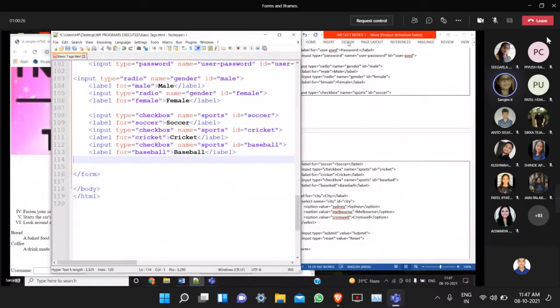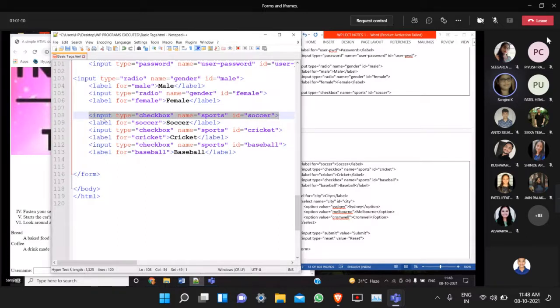Now the checkbox. Look at the code to display the checkbox. Input type: here the value of the type should be checkbox. So you have to remember, for a text box you write only text, not textbox. Many students will write type equal to textbox to display the text box, but remember, you have to type only text if you want to create a text box. But if you want to create a checkbox, you should not write only check. You will write checkbox without leaving a space. That's very important because this is predefined. So I want to create a checkbox first, so I have written the code to display the checkbox first.